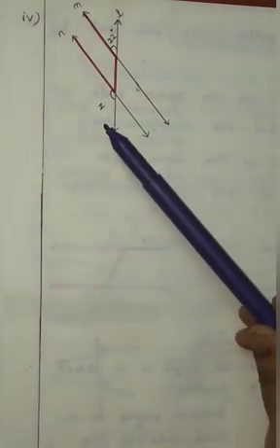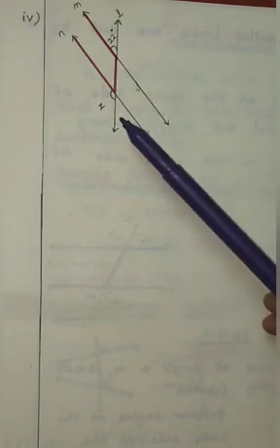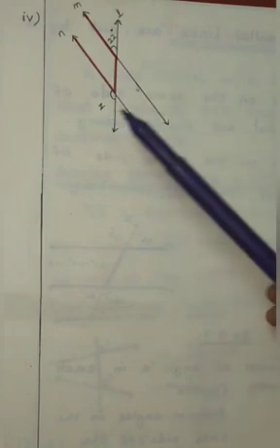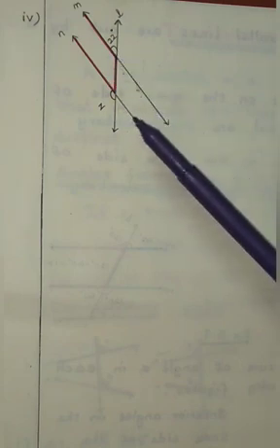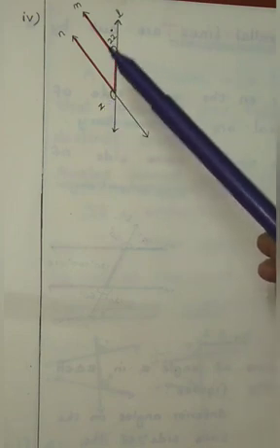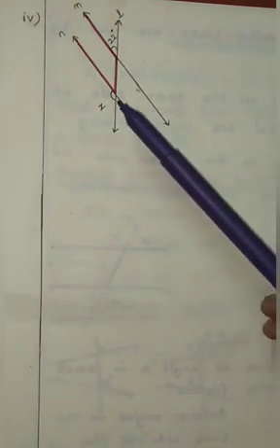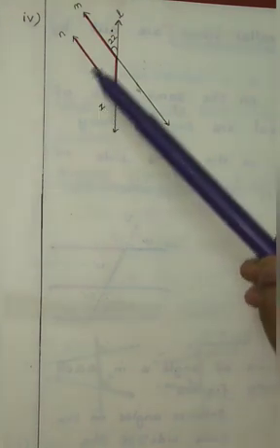Fourth subdivision, we are going to find the value of z. What type of angles are they? They are exterior angles because they are marked outside the lines N and M, and they lie on the same side of the transversal. So we know that exterior angles that lie on the same side of the transversal are supplementary. So when you add these two, z and 22, you must get 180 degrees.